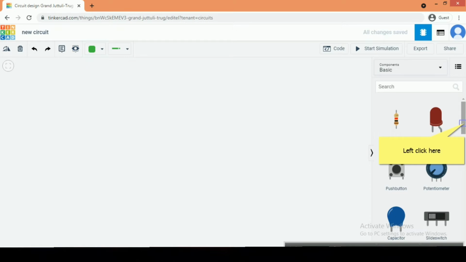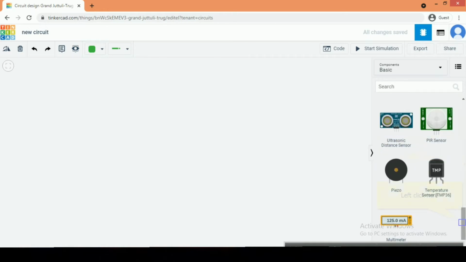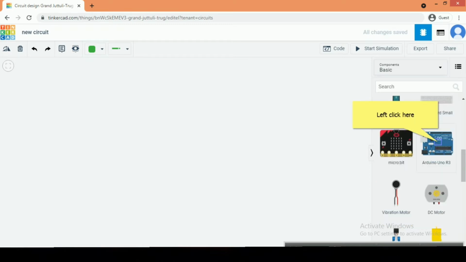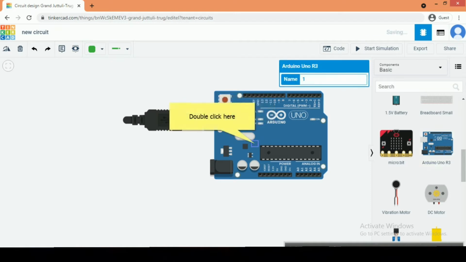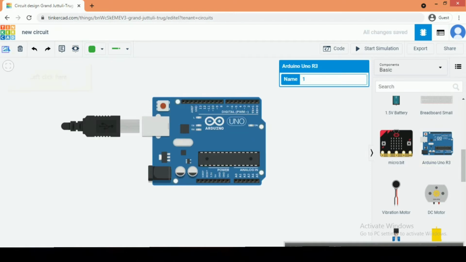Now first we will take Arduino Uno R3. Just click and drag it. We can also change its position, make it vertical.